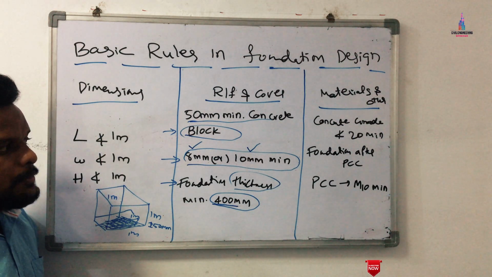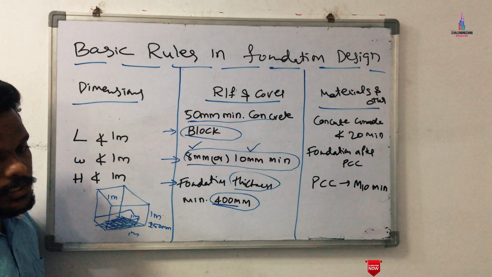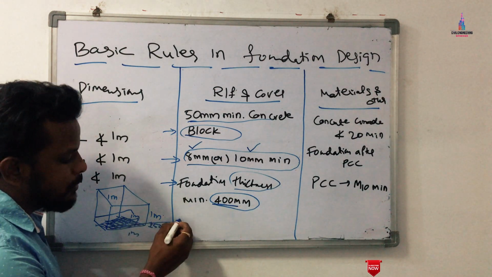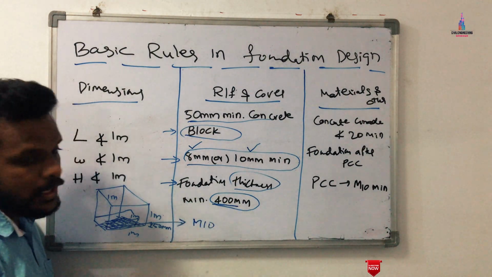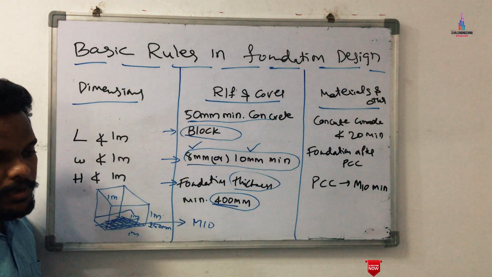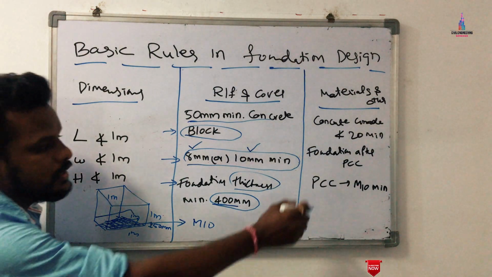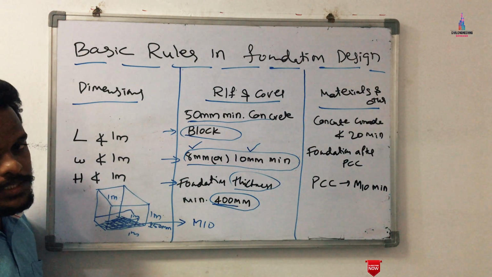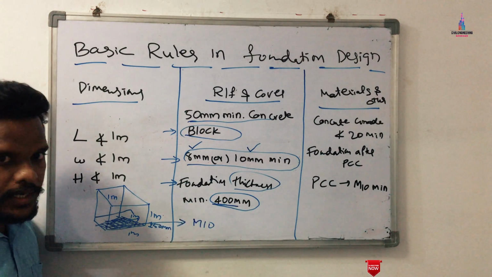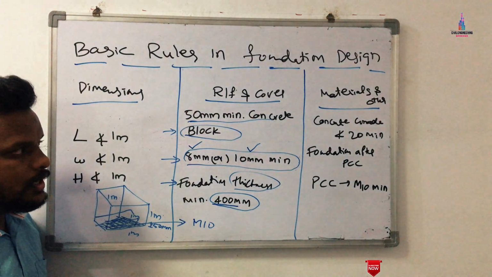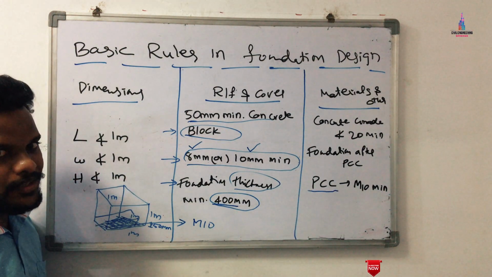And this is the second point we need to keep in mind under the foundation section: after the PCC bed, the material property we need to take is M10 grade concrete. So M10 grade concrete is the minimum value we need to keep in mind for the construction of the building section. Firstly, we have to construct the foundation PCC bed. After that PCC bed, we need to construct the foundation, for which we need to keep in mind approximately M20 grade concrete. So under that we need to take the PCC bed, which is approximately M10 grade concrete.